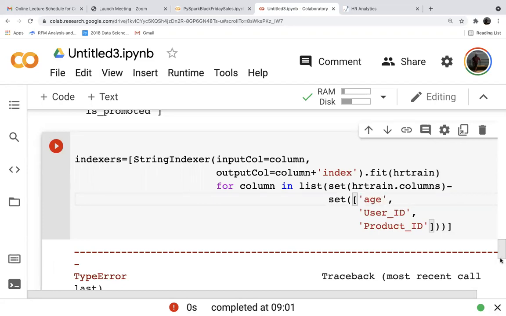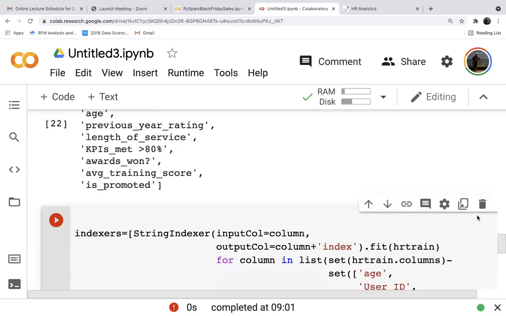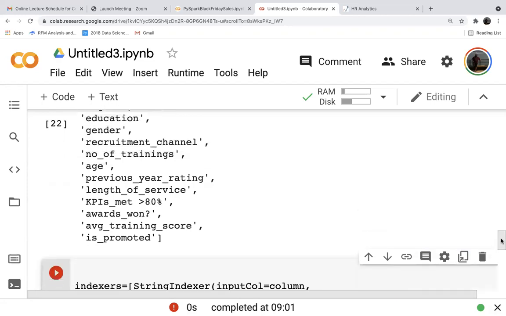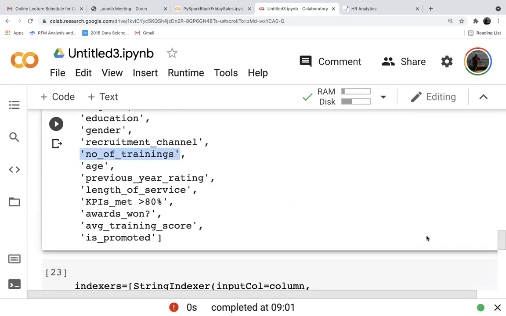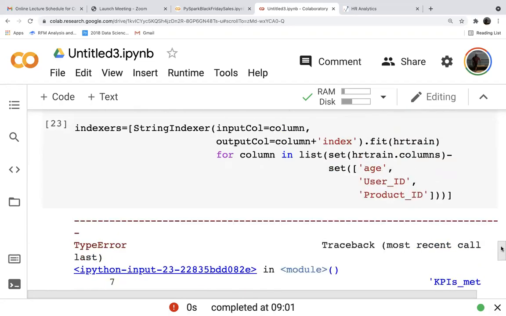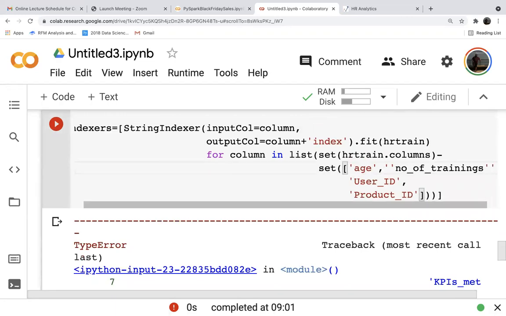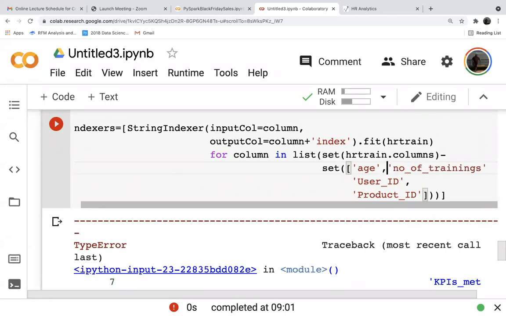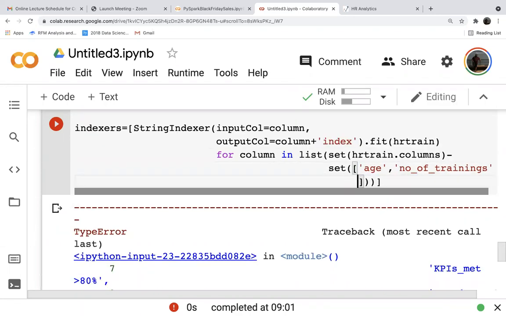Age you can type, then the number of trainings. Sir, I have sent everything in the chat if you could refer to that. Yes, thank you.